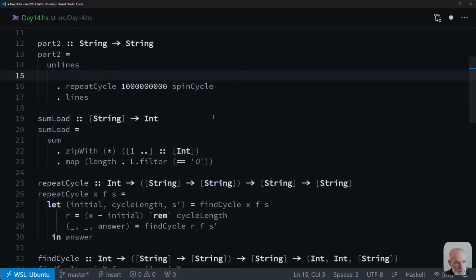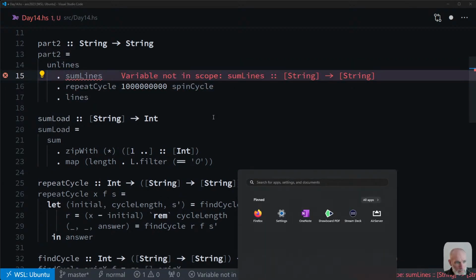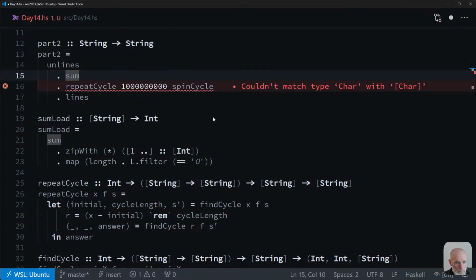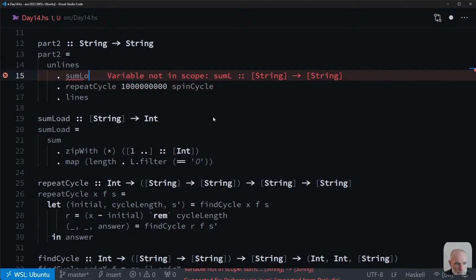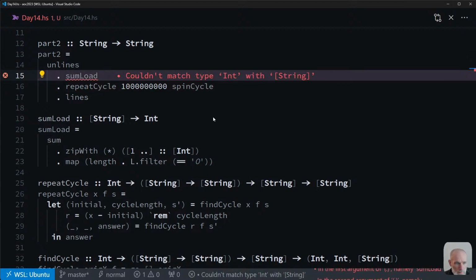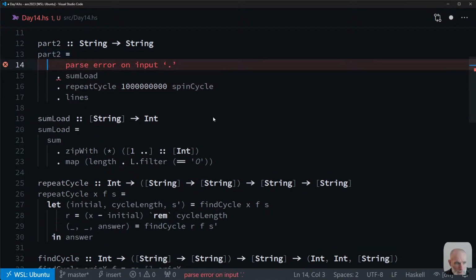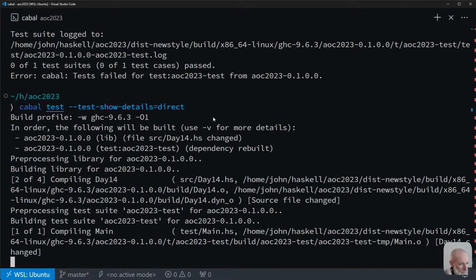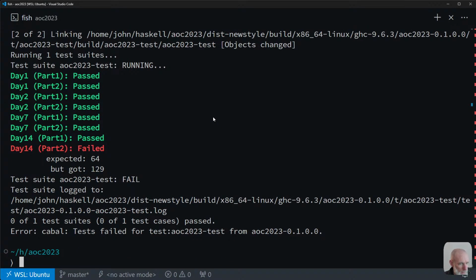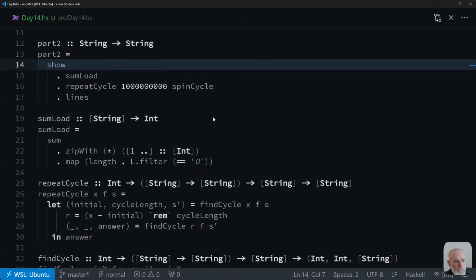And then we have some lines. Oops, not some lines, it's some load of that, and we don't want to unlines it, we want to show it. Okay, this gives us the wrong answer, but I wonder actually,